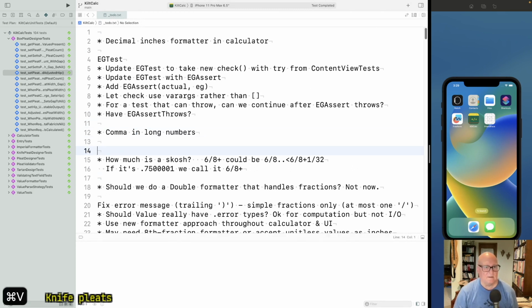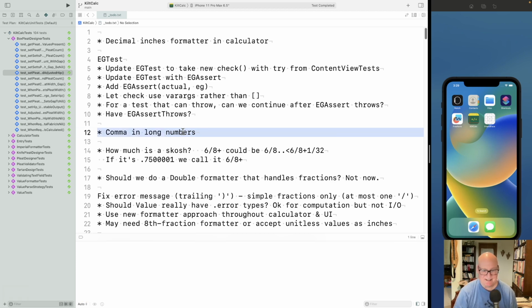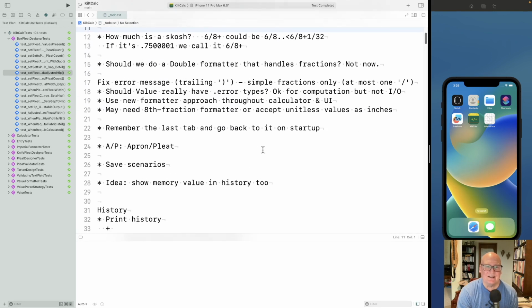Just the numbers get a little long sometimes. I don't know. Nobody's working with 40 million thousand inches of fabric for this thing. I mean, 10 yards is 360 inches. I'm going to drop this. If it were a real calculator, I'd be more tempted. Okay, and then